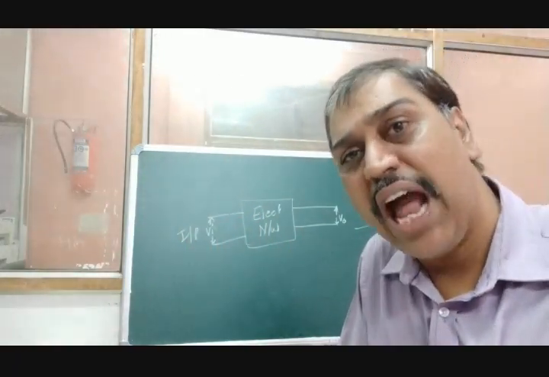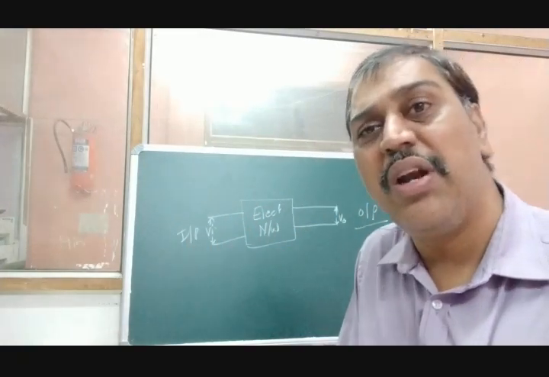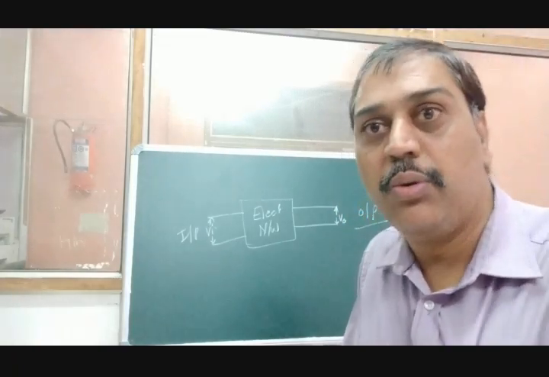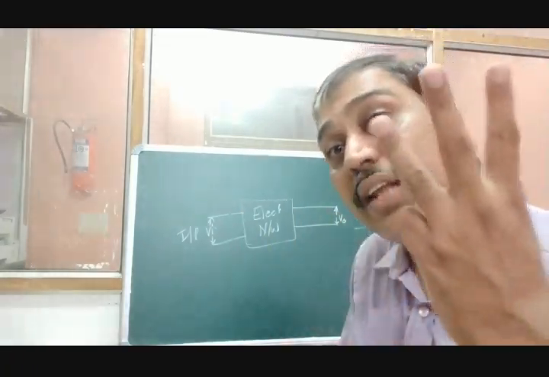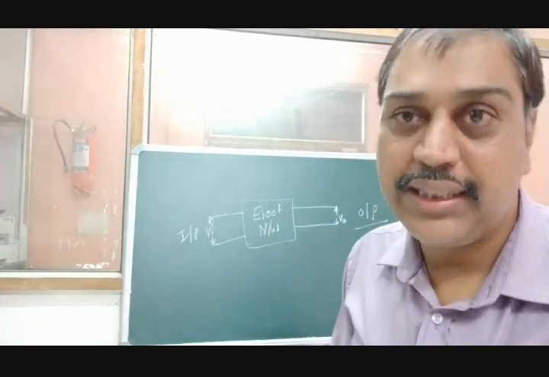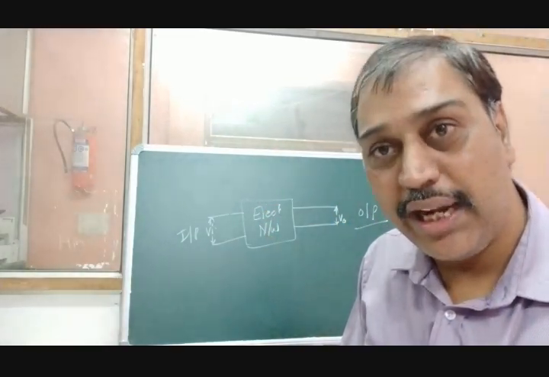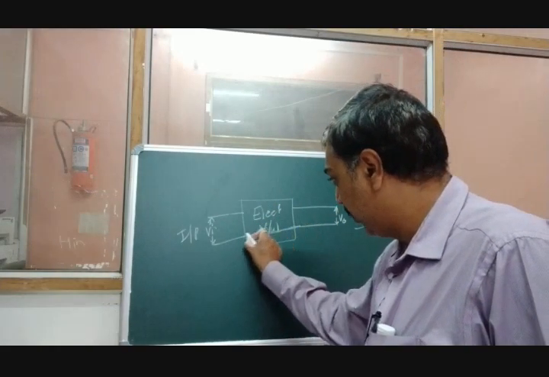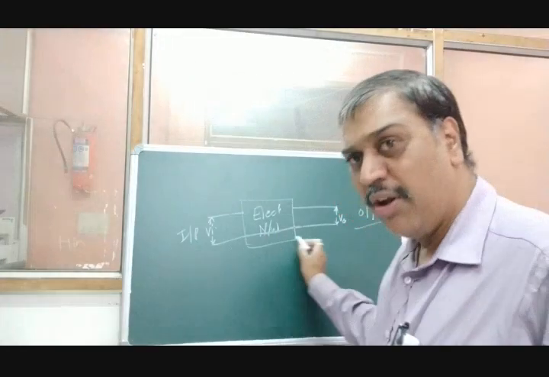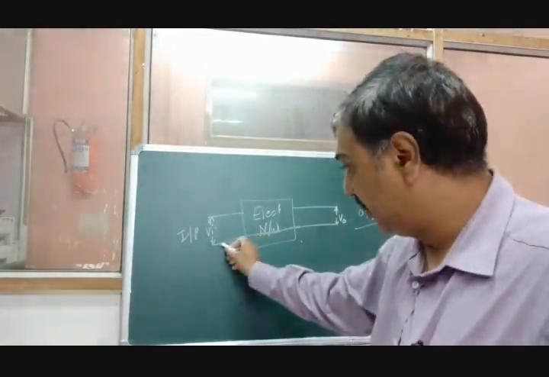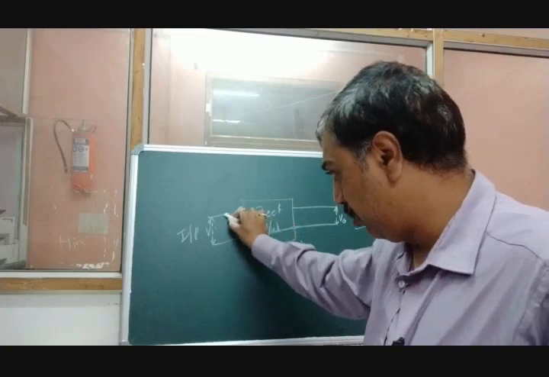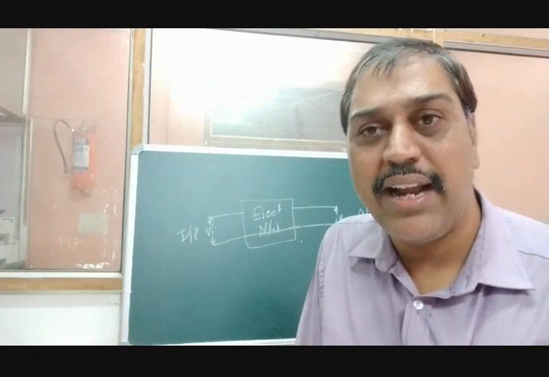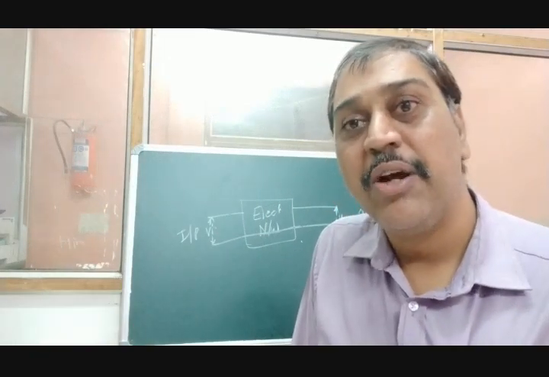But what is the problem we have with the transistor? Transistor has only 3 terminals. How can we make it 4? We can't make it 4. Now we have to do the same thing for the transistor with 3 terminals. So what will they do? They will make one terminal common to the input and output. Suppose I have made this terminal here and this output here the same. It is common at the input, common at the output. How many terminals? This is 1, together 1, 2, 3. It is a transistor. So the terminal which is common at the input and output is said to be the common terminal.